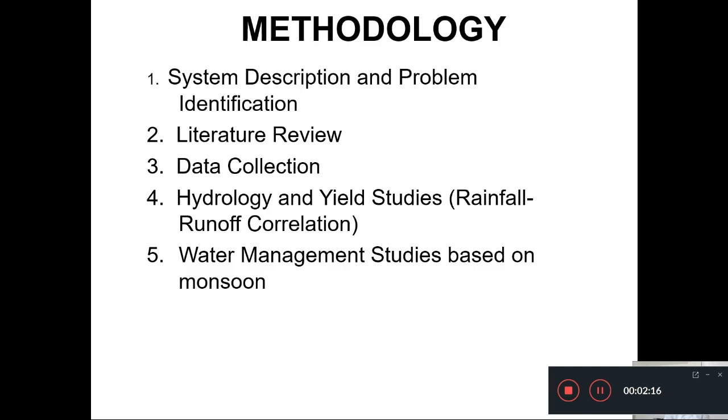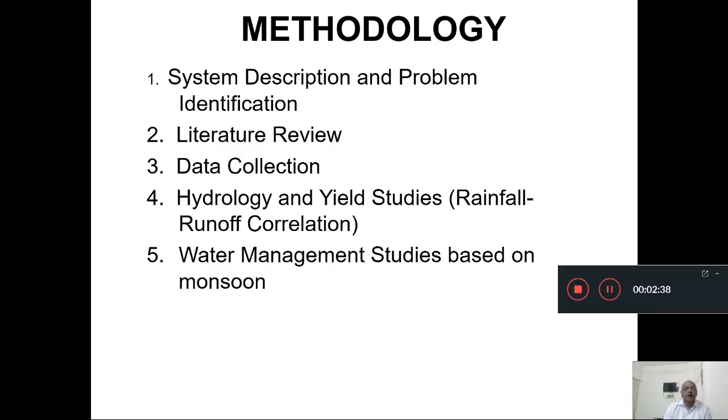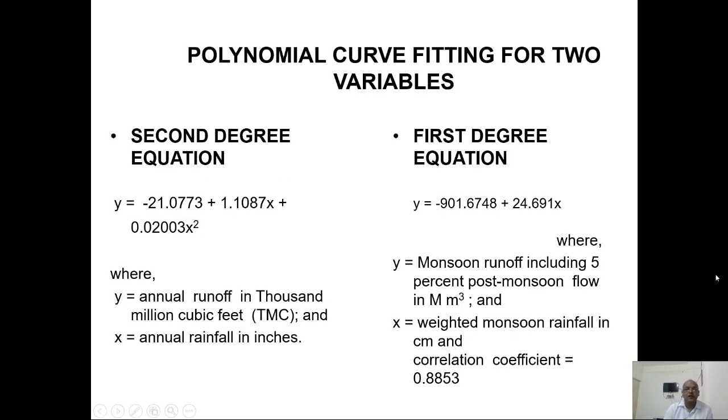Now the methodology for this particular topic is in the form of system description and problem identification, literature review, data collection, hydrology and yield studies, rainfall and runoff correlationship, water management studies based on the monsoon. Now the polynomial